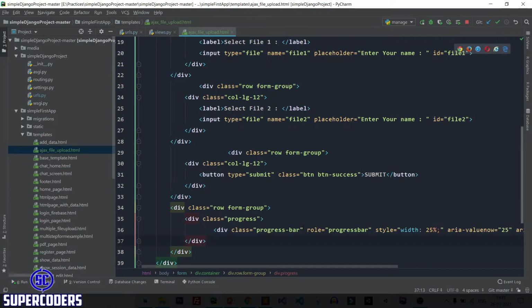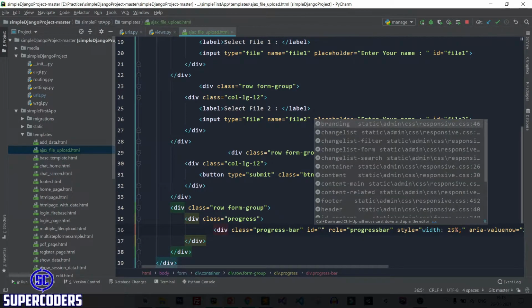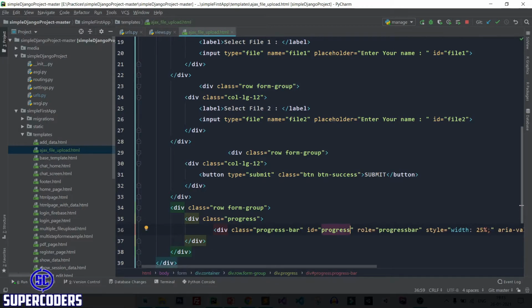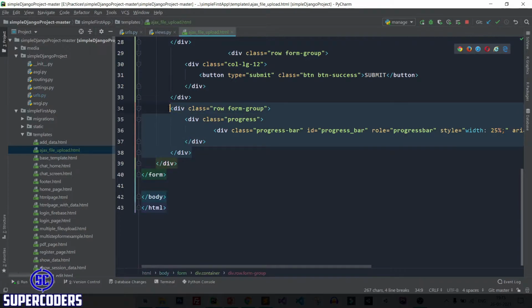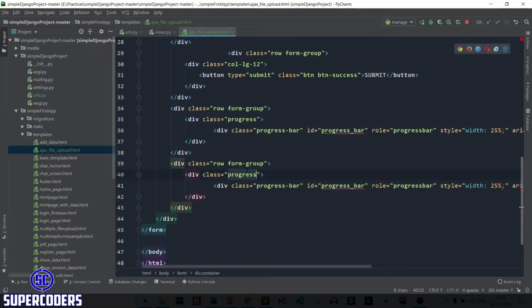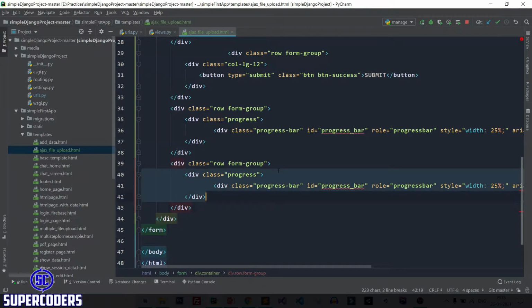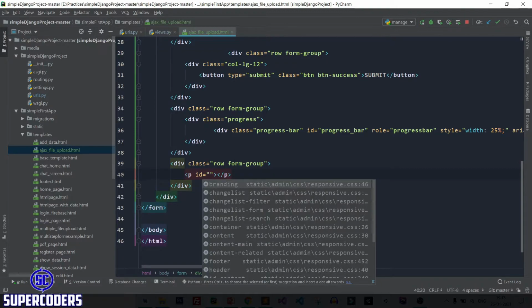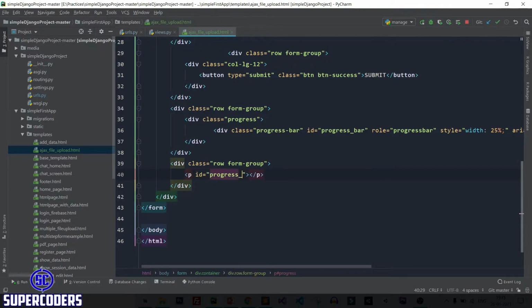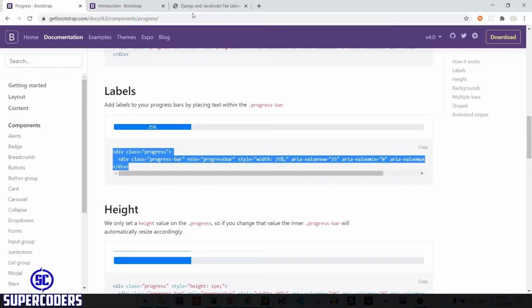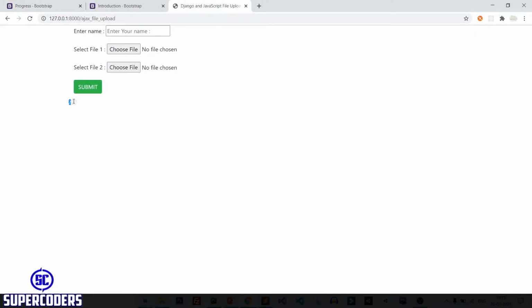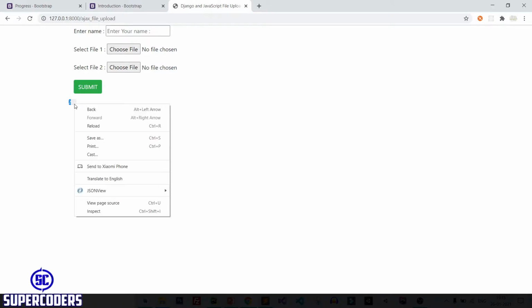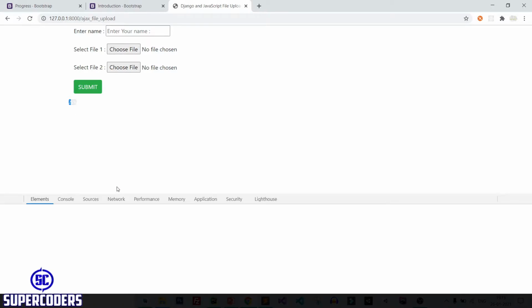Let's add id for progress bar. So id progress bar and also add a custom text. So id equal to progress text. Save it, back to Chrome, refresh page and you can see it is showing 25%. Let's click on inspect.